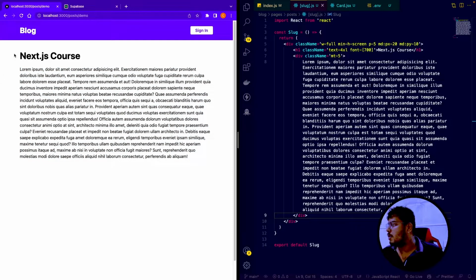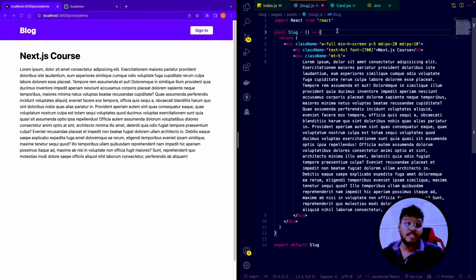So I want the data, right? So let's get the data. Now there are two ways we can do that. Let's say three ways. The first way is using server side props, and the second is SSG, that is static site generation, right? So let's first get it using server side props, then we are going to see what static site generation is. So at this point